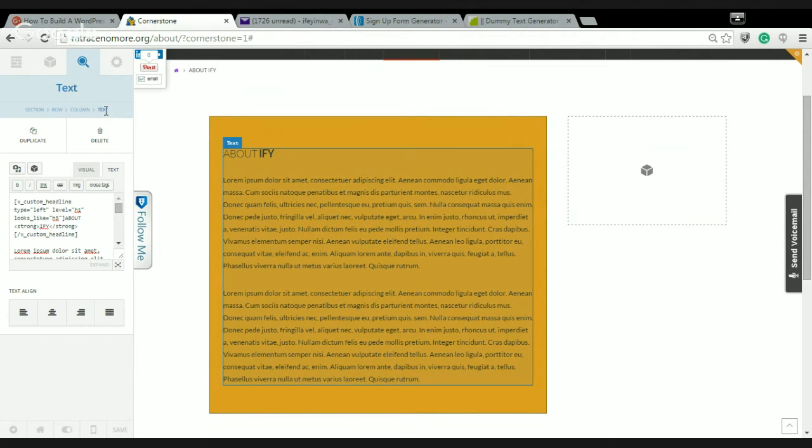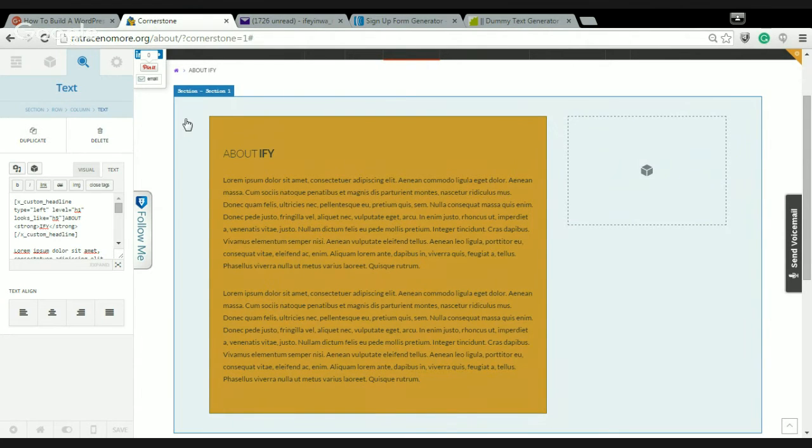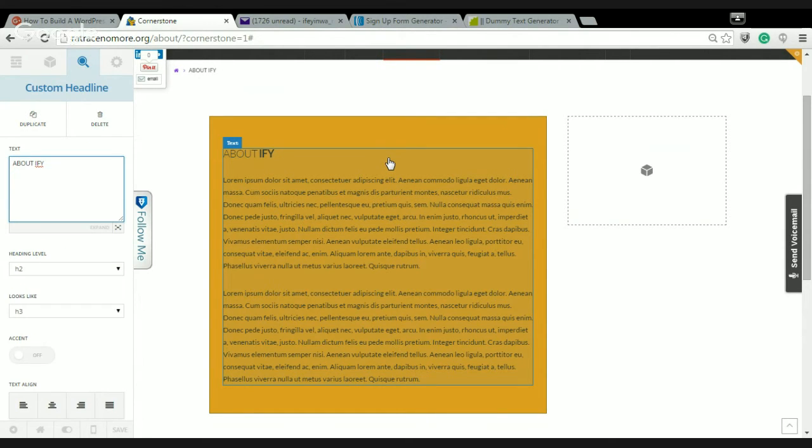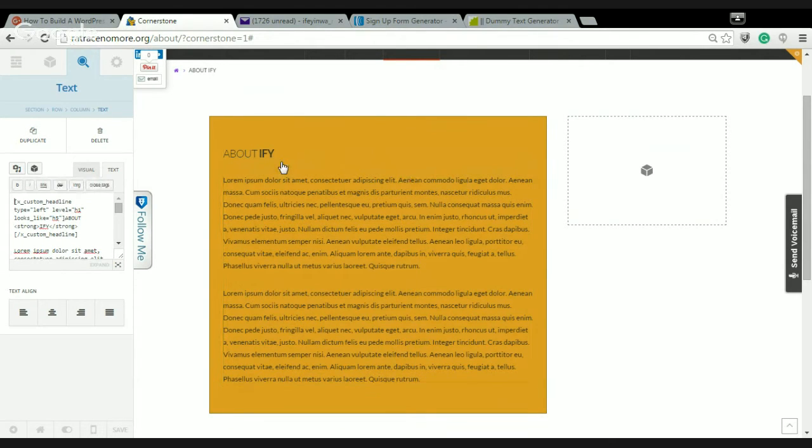What I want to do now is to insert a picture inside this text area. So for me to do that, I have to make sure that I am not hovering on the column, I'm not hovering on the section. I have to ensure that I'm hovering on the text area, which is this. So I click on it, and as you can see, all I now need to do